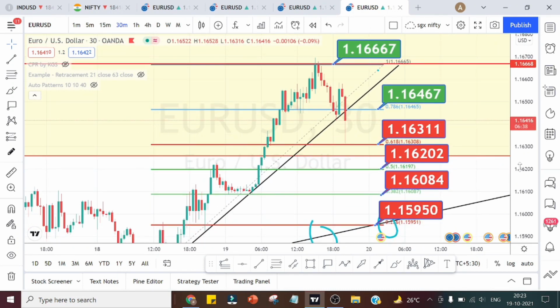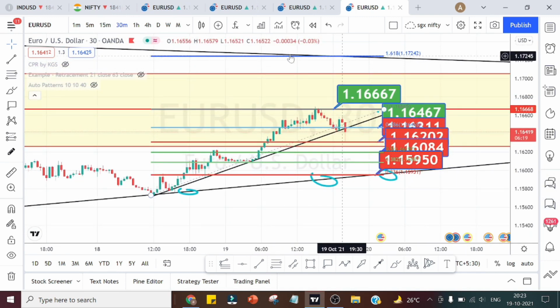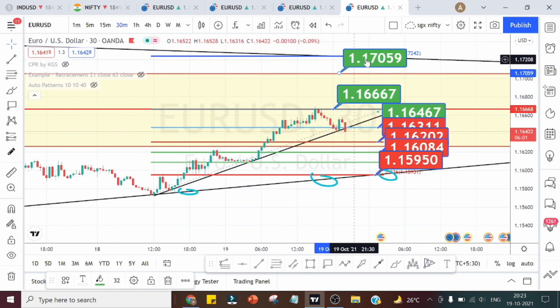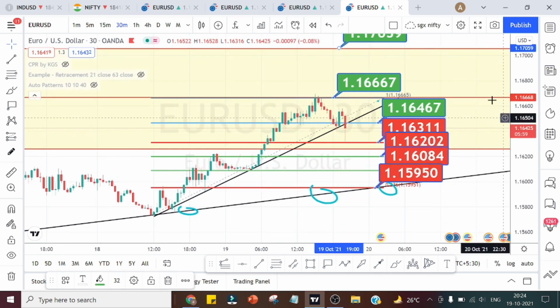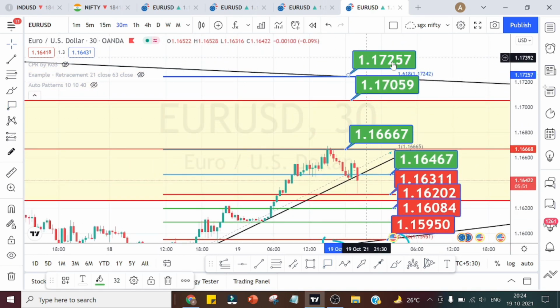So these are all the ranges in the shorter time frame, that is 30 minutes time frame. Till then the short term trend is on the upside. Overall, when we see it from the higher time frame, daily time frame, the trend is on the downside. In the short term, it is on the uptrend. It is trying to test this dynamic support or resistance from the daily time frame. If it crosses this level, next resistance is going to be here, and finally if it reaches this level also, the dynamic support from the daily time frame is going to be acting as a resistance.